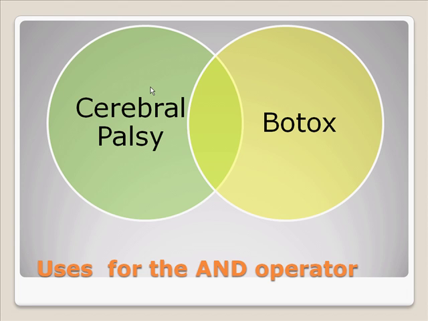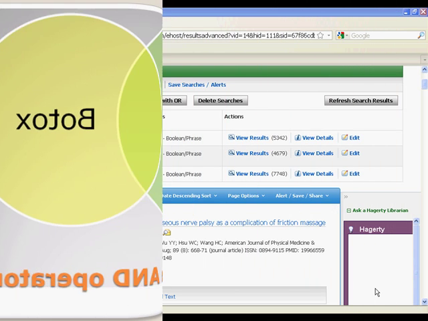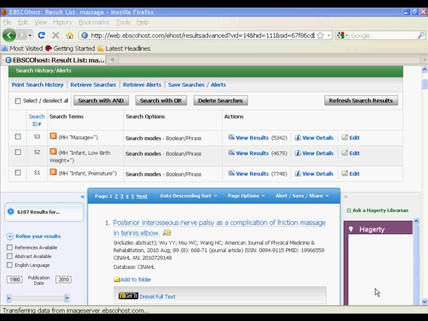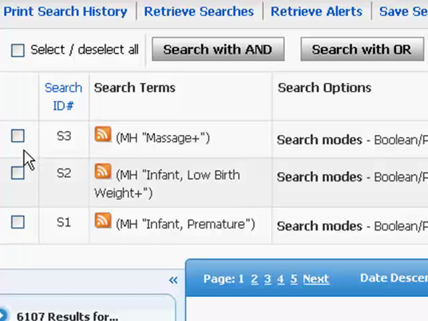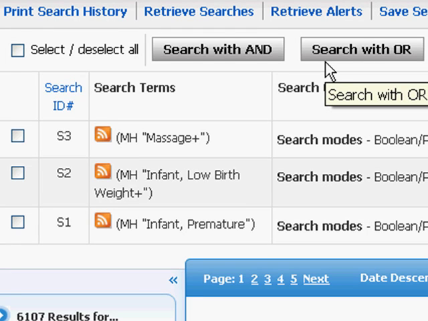Let's actually try this in the CINAHL database itself. The CINAHL database makes it quite easy to put your various searches together. It allows you to select your searches through these boxes towards the left. And please notice the AND and OR commands here. Let's start by putting our similar groupings together. You typically want to begin by dealing with any instance where you'd need to use an OR operator first. In our case,